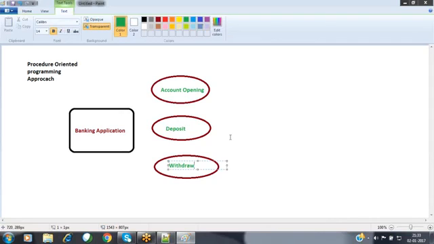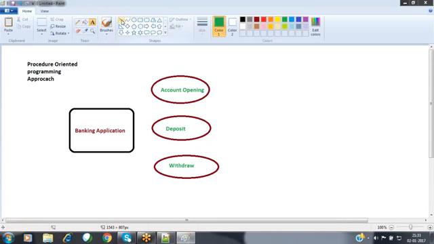Whatever the functionalities are required, each and every functionality I'm going to provide inside this application. They can open a new account, they can deposit the amount inside this account, and they can withdraw the amount from that account. These are the three features I'm providing here.